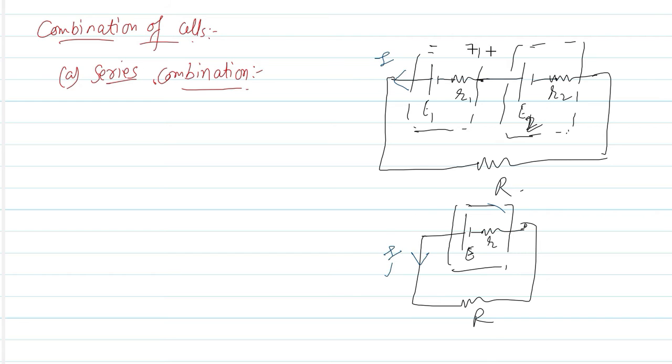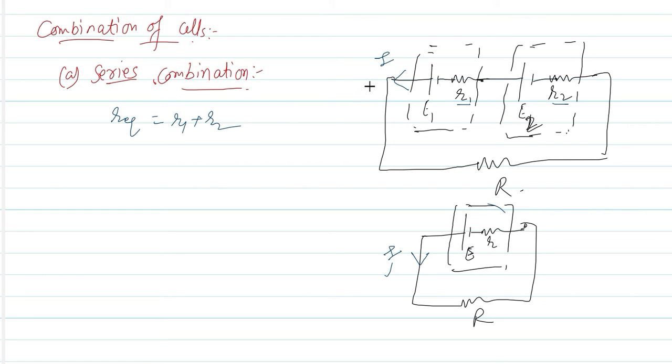Now we want to find out how to find the equivalent EMF and equivalent internal resistance. Guys, finding the equivalent resistance is quite an easy task. Here you can see this is R1, this is R2, and the equivalent resistance will come out as simply R1 plus R2. Right, students? This you can see from the series combination of resistances.